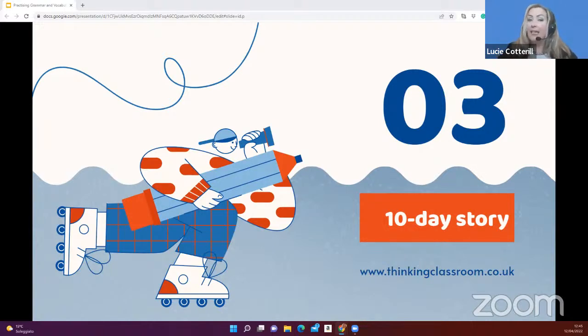This is an activity that I learned from a man called Mike Fleetham, who is an educational consultant and coach based in the United Kingdom. And he has a website called thinkingclassroom.co.uk. Now, this activity involves the whole class working together to write just one single story. The story takes place over a period of 10 days. Students are put into pairs or small groups, and they are assigned one of the 10 days in the story. And they will write the part of the story that happens on the day which is assigned to them.